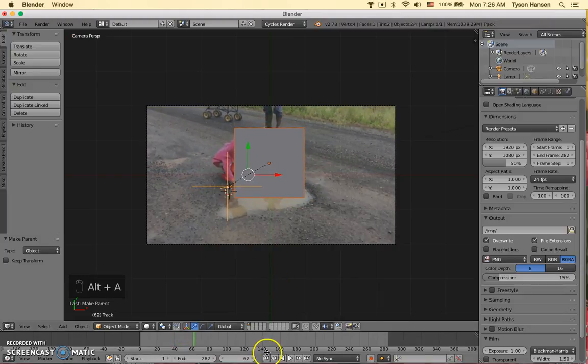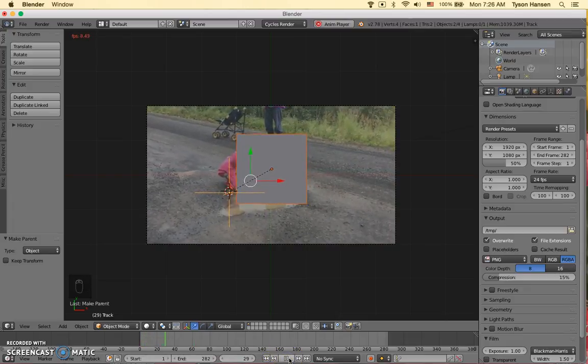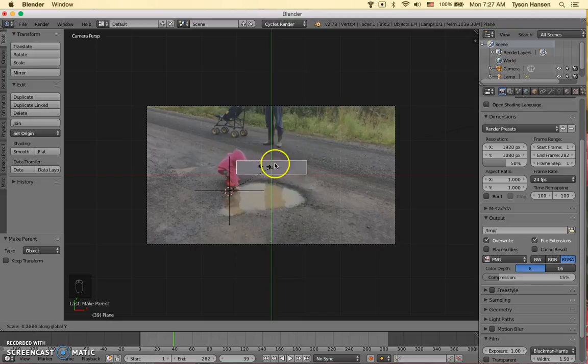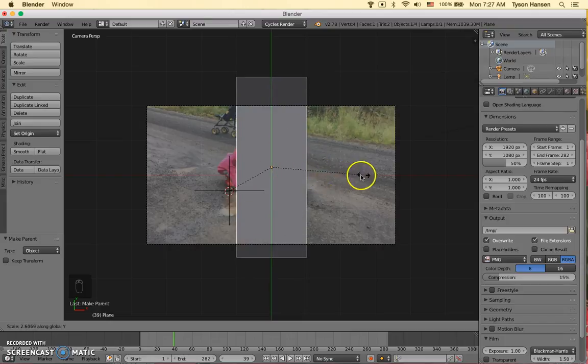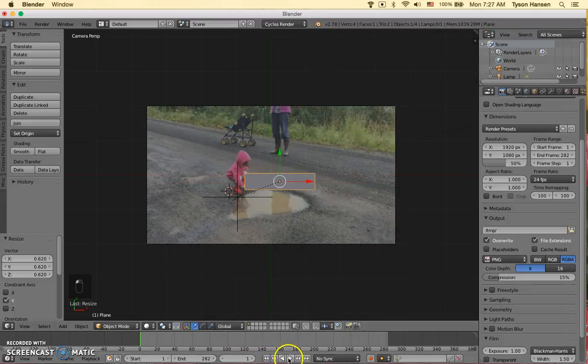Now as we play through, if you go back to the beginning and push play, wherever that marker goes, the square goes. But the square is too big, so I'm going to scale it, shrink it if you want, on the Y axis. So I hit S to scale, and then I constrain it to the Y axis. I push Y, and now as I pull the mouse in and out, it shrinks and grows on the Y axis. And then I'm going to move it and shrink it again on the Y axis. Now if I go back to the beginning and play,